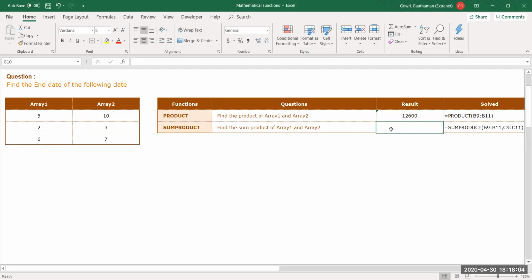So sum product, how does this work? Sum product is a special formula wherein it will reduce two steps to one. If you go out for purchasing something, some essentials, you will get a bill. In that bill, you will see the price of the product, the quantity that you have purchased, and the total. So how did you get the total column? By multiplying price and quantity, correct?